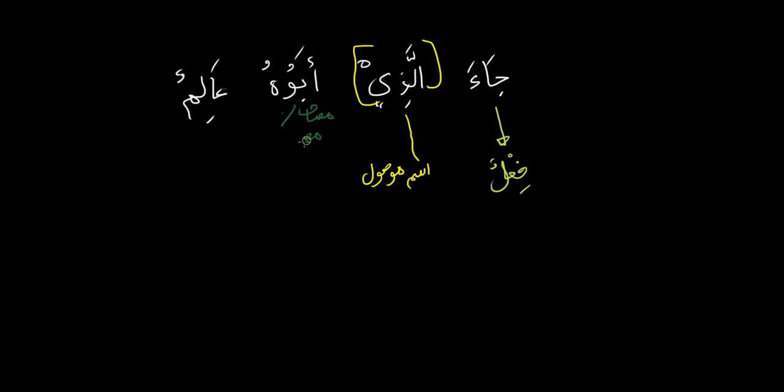So this is فعل, so this is going to be جملة فعلية. Now we have recognized that الذي over here is going to be اسم موصول. That means all of this is the sila. In the sila, abuhu is mudaf, and this is mudaf ilayhi. And abuhu alimun, this is a mubtada.